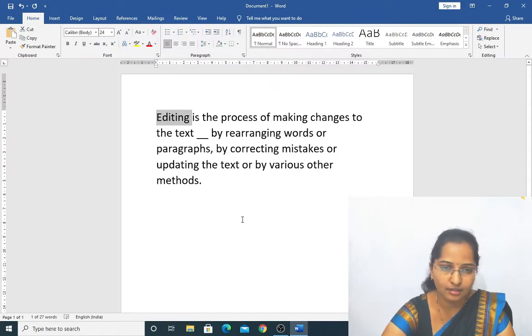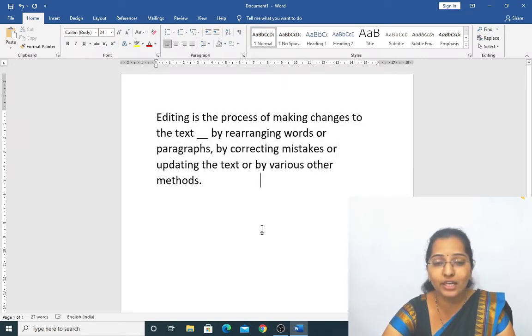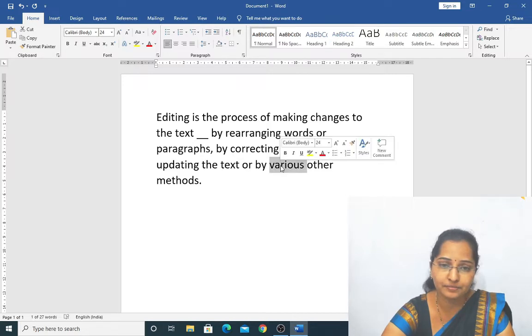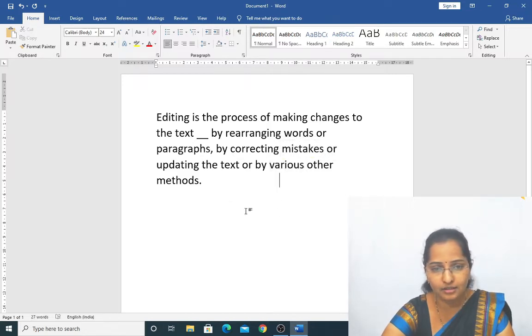We can select whole things like this, but I want to select only one word. Keep this arrow on the particular word which you want to select, and by keeping on that word, just left double click, selected, see, selected.